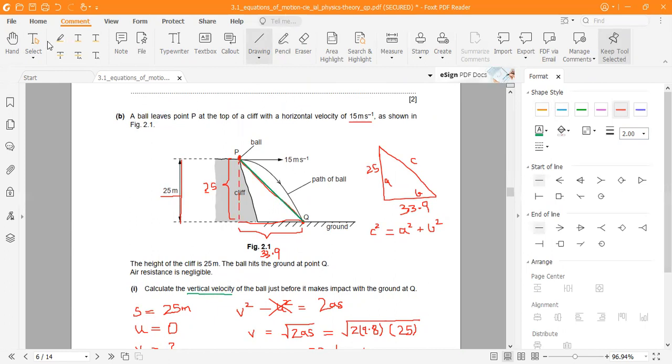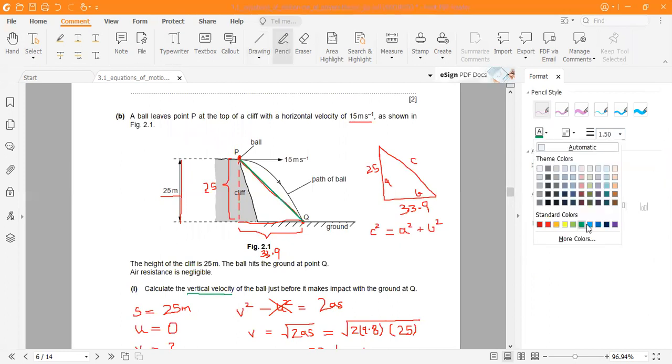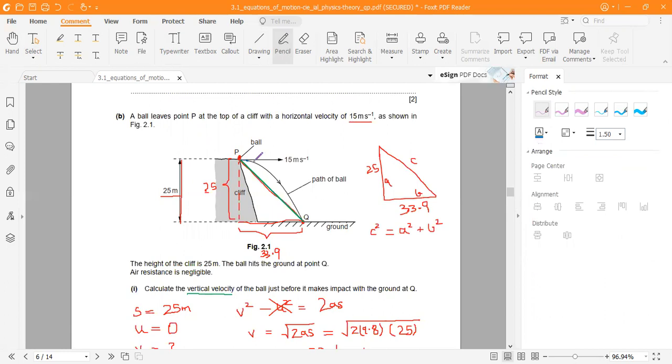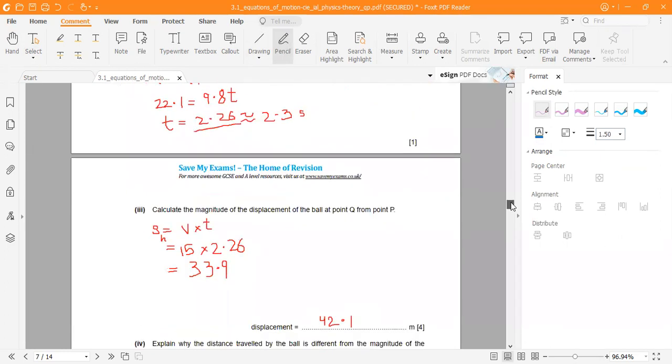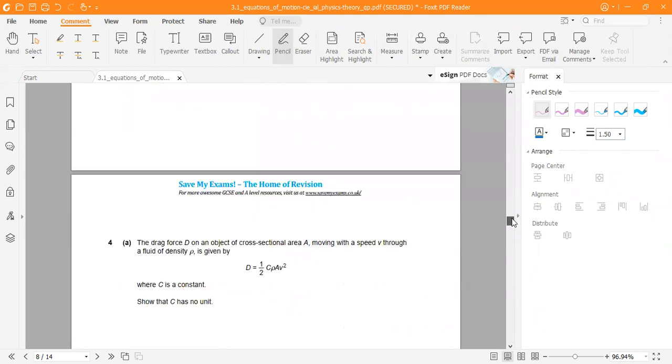However, the distance is not that. The distance is basically this line I will draw now. This blue line that I'm drawing is the distance. This blue line is the distance. This green line is the displacement. As you can see, the blue line is longer than the green line, right? That's why distance is different from displacement, because displacement is the shortest path and distance can be any length joining those two points. So we have to understand why they both are different, and this is the reason. That is the answer to this question.